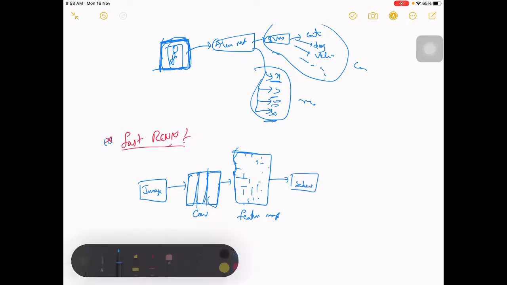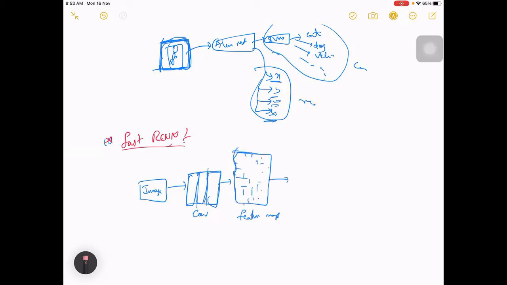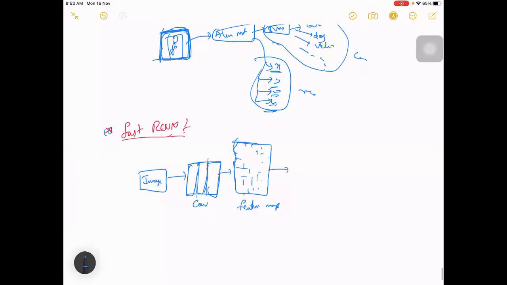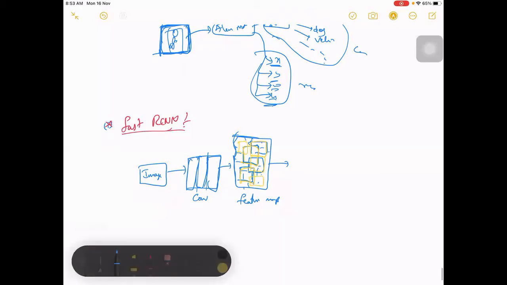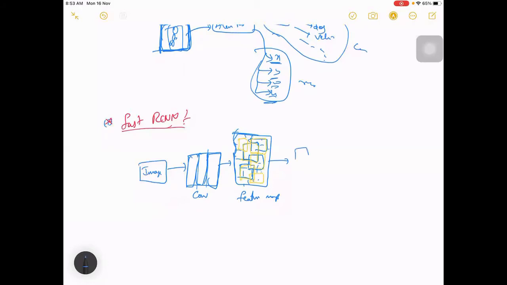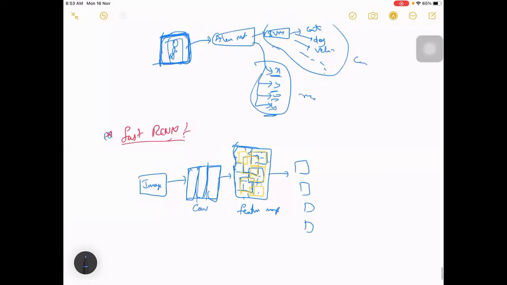and those features you can have those proposals at this level, something like this, like this, like this. So what proposals you have from selective search are here, right? In this case you can pass these features instead of direct images, and anyway you will resize them. Each of these boxes you can pass through AlexNet or any net, and then finally use an SVM to classify. So this can be possible, right?